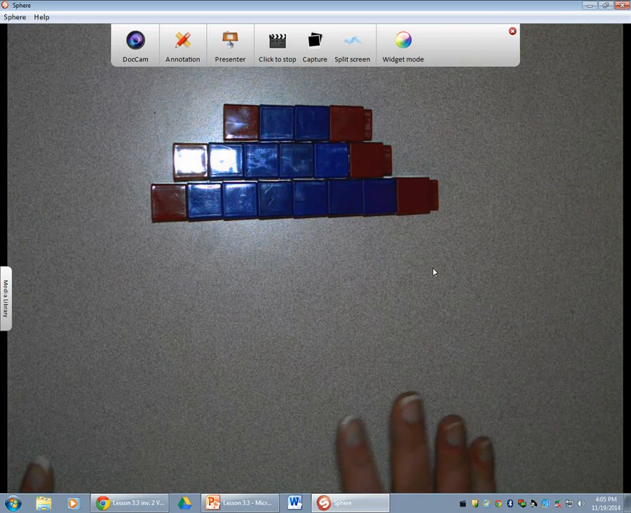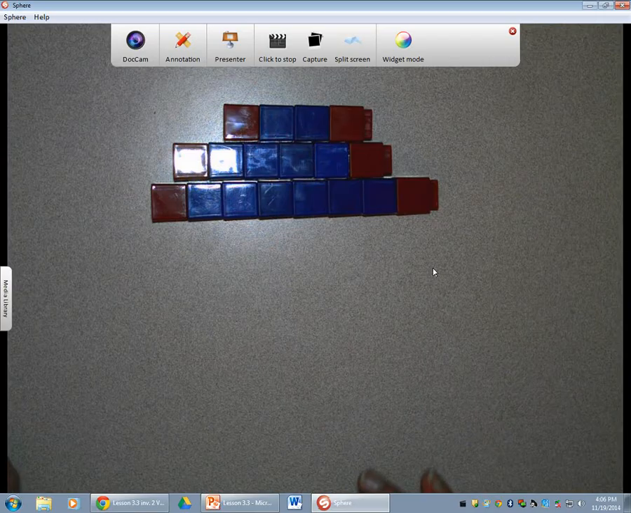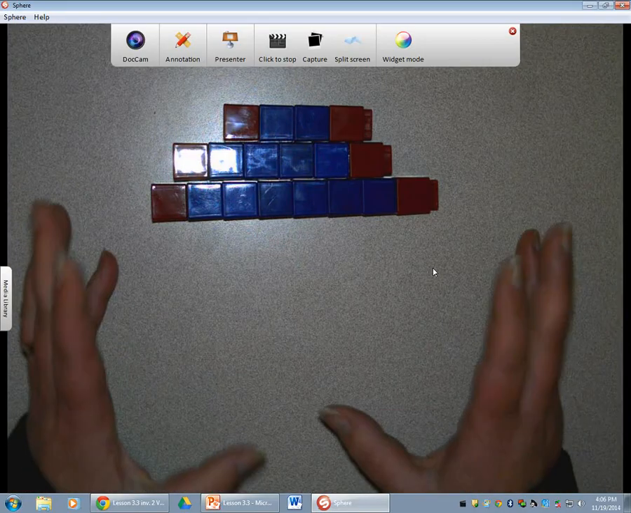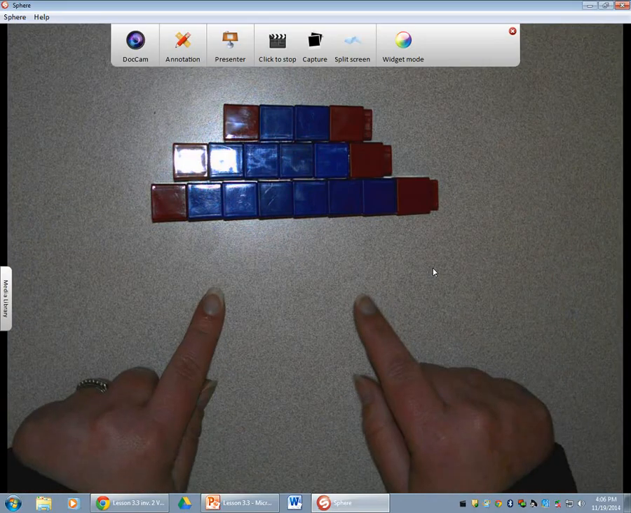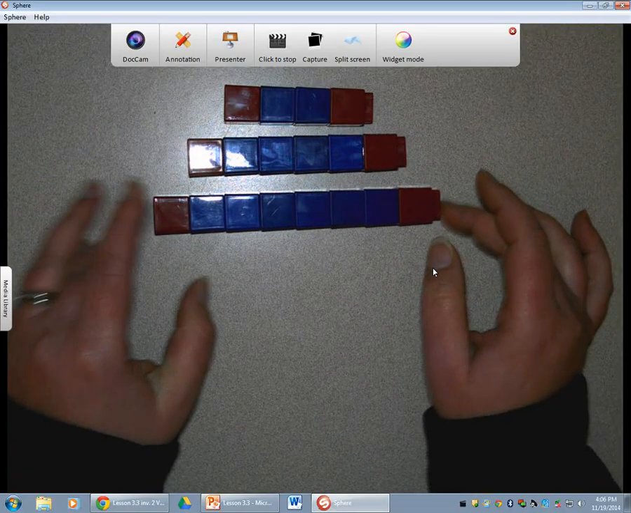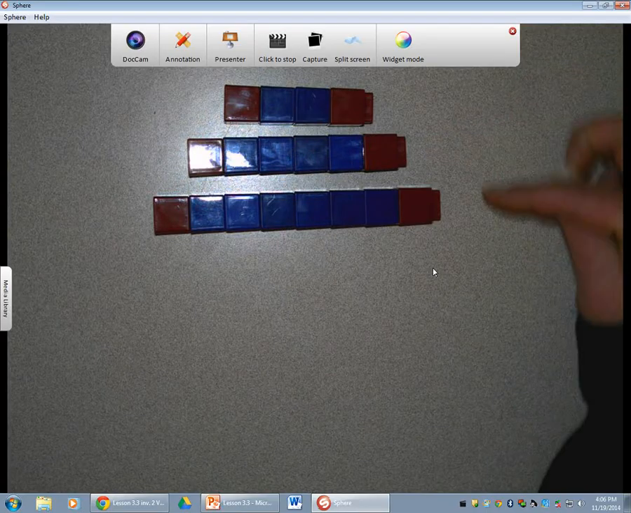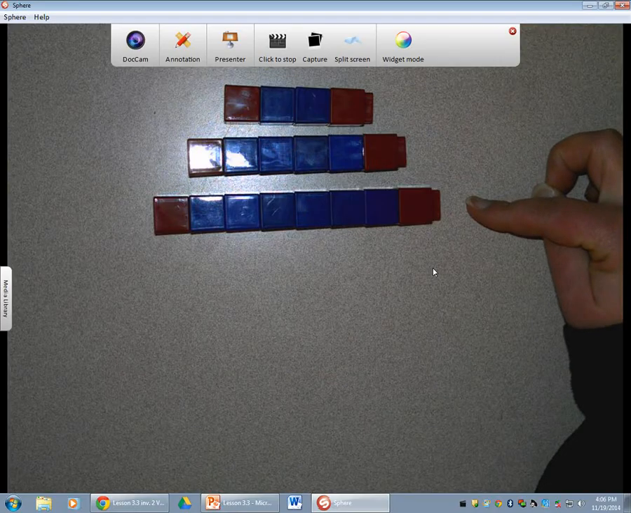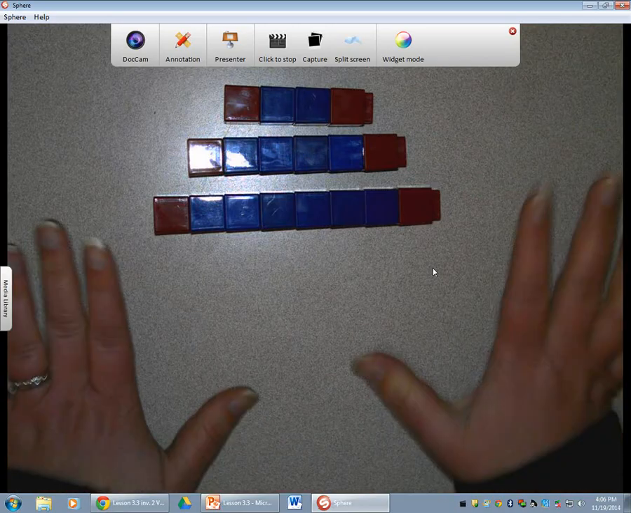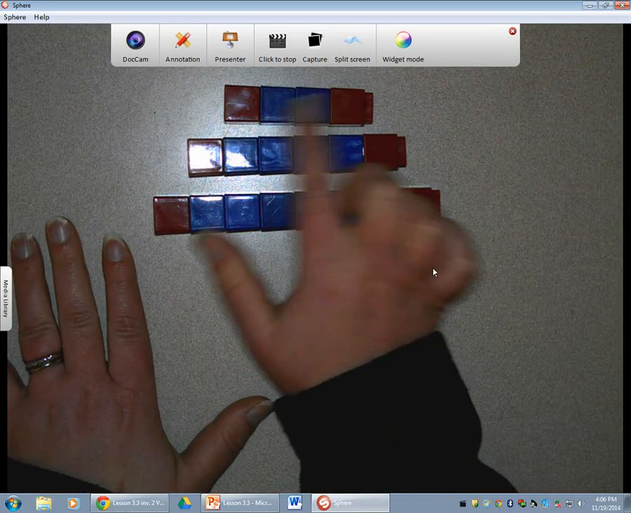Today we're going to be looking at writing rules for patterns using variables. So the first pattern we have here is made with linking cubes. This is stage 1, and this is stage 2, and this is stage 3. So if I wanted to look at stage 4, I could say that I'm going to have, in stage 1,